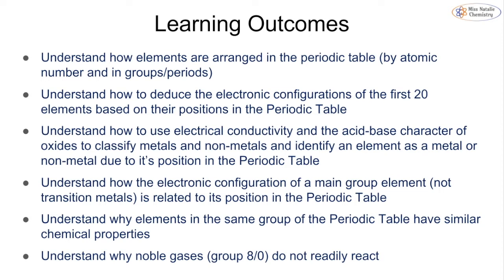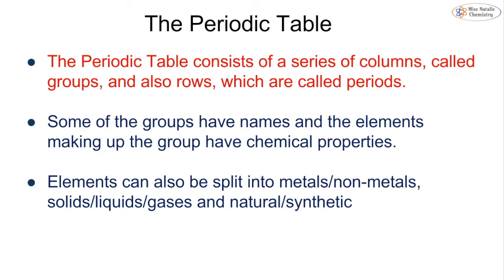and non-metals based on some of their properties as well as their position in the periodic table. We're going to link the electronic configurations to the position of the periodic table and also then why we have similar chemical properties with some elements, and then focus on the noble gases and look at why they do not readily react with anything. So the periodic table you'll have met before back in Key Stage 3, most likely in